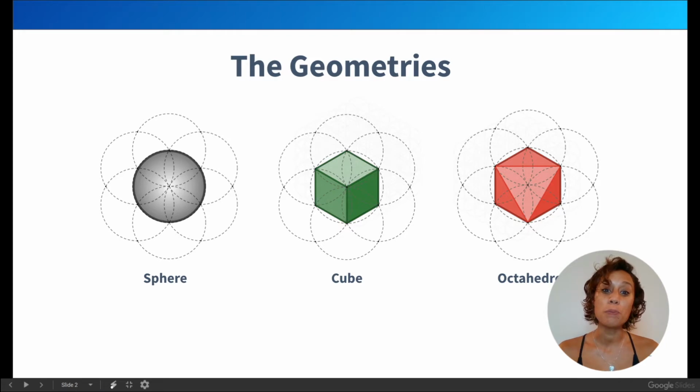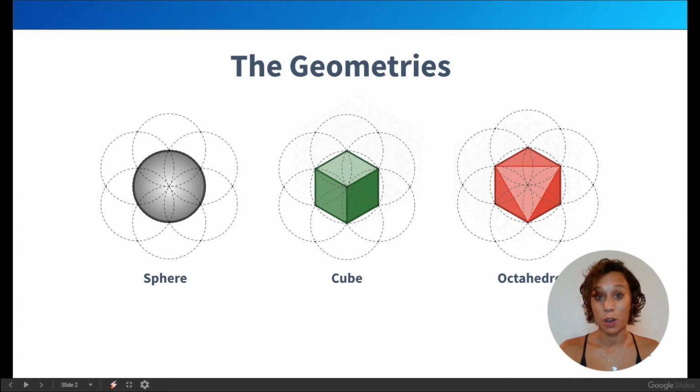Then we have the cube, the one in the middle, the green one. You can see this is a very nice image in 2D, but actually it's a 3D object. And this is the octahedron. Some of you might not know it, but I'm going to talk a little bit more about this one in the end. We are probably most familiar with the cube, but actually all of these 3 exist and they are dependent on each other.